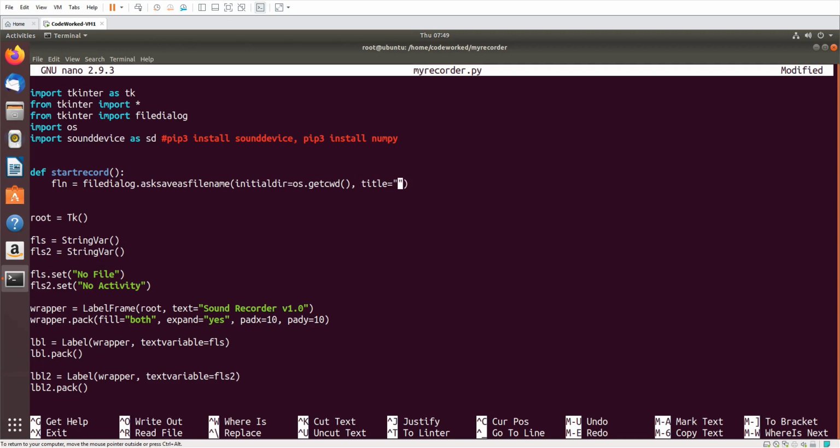Title, save audio file. Okay, filetypes. Here we need to give tuples: audio file, wave.